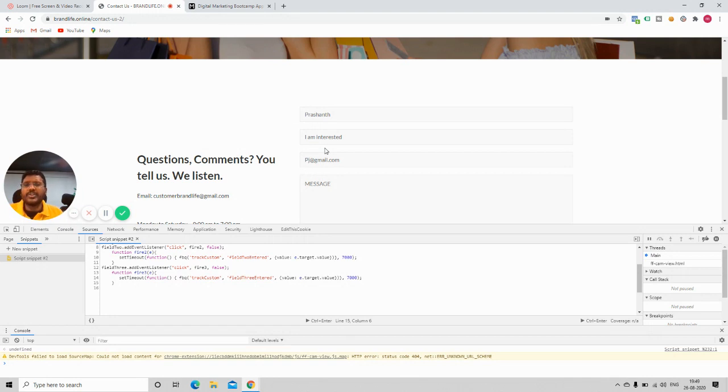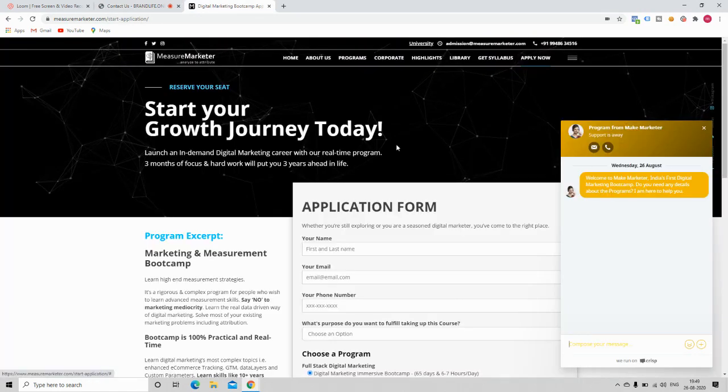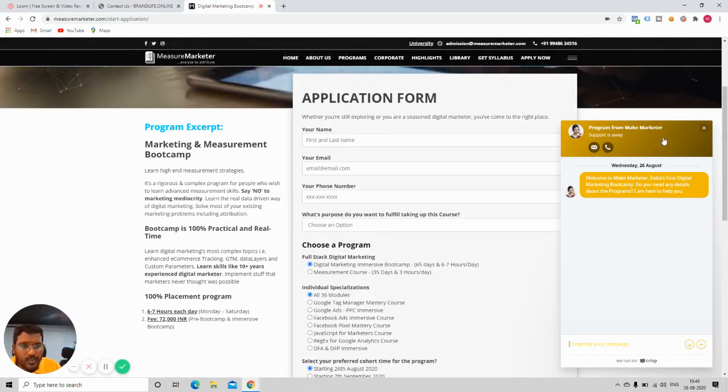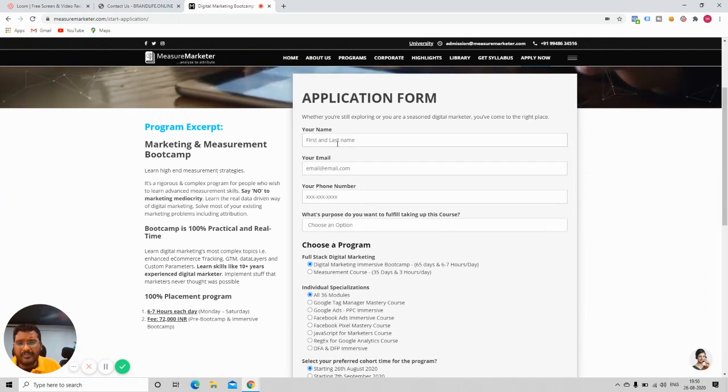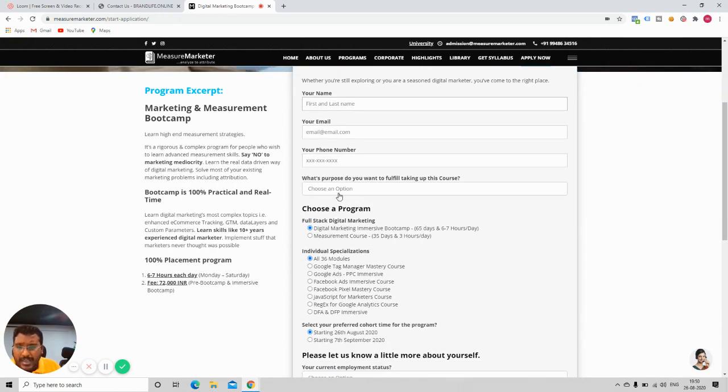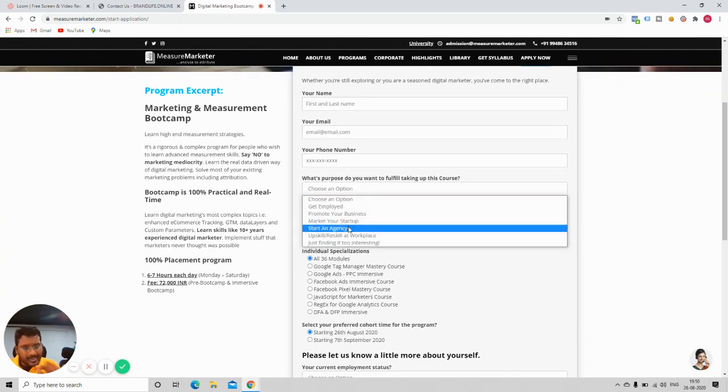This is particularly important if you're working with a website where you have drop downs. If you have a drop down, what you can do is, whenever people select a drop down, see, in our case, whenever people come to our site, we have to fill the application form. We don't want to send the information, but whenever people select any of them, we want to send an event to Facebook.